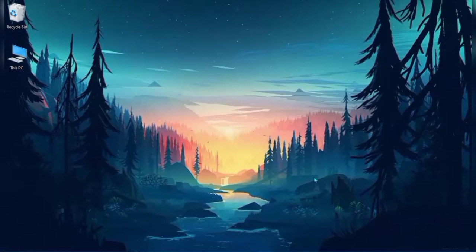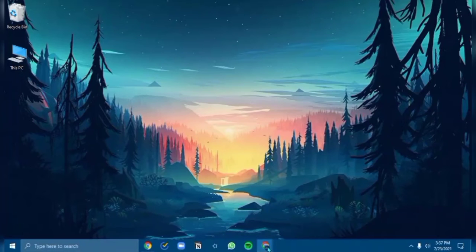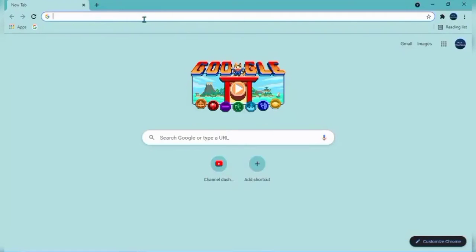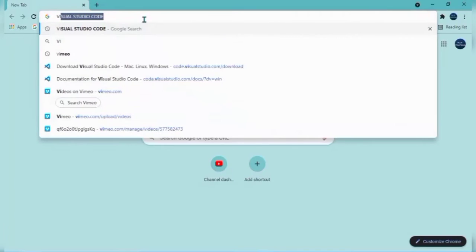In this video, we are going to be taking a look at how to download Visual Studio Code. Now, Visual Studio Code is a coding and programming tool that most programmers use because it's a very powerful tool. And now, without wasting any time, let's get into the video and let us also see how we can download Visual Studio Code. So, first we open Chrome and we type Visual Studio Code